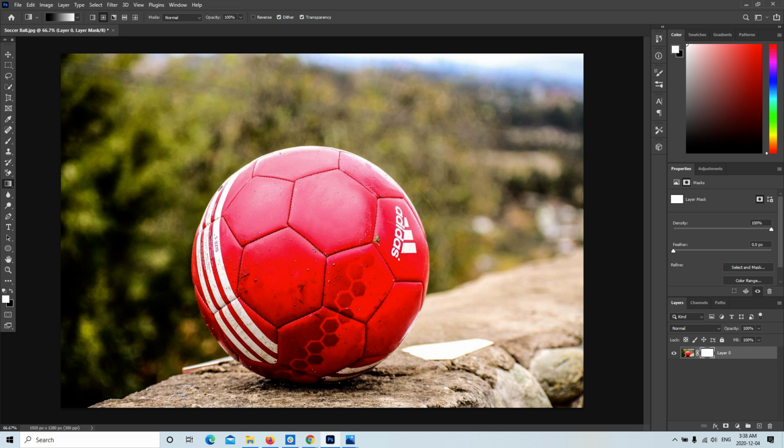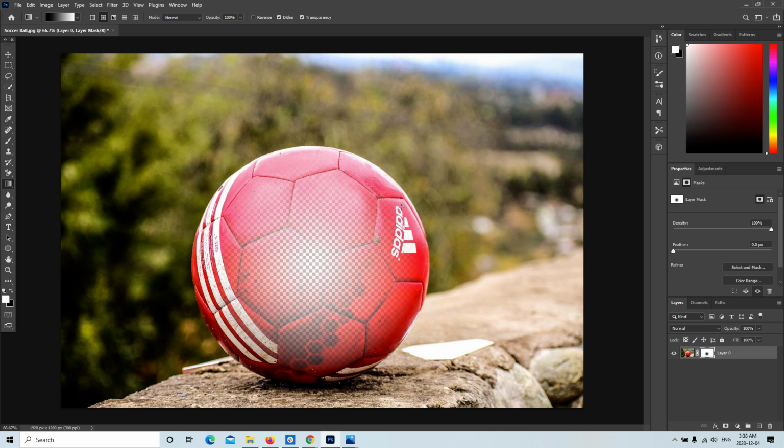So we will use the gradient tool from the center of this ball to the surface of this ball like this. So we'll drag and drop, and this will be like this, so that the layer behind this front layer will be visible from this area. Okay,